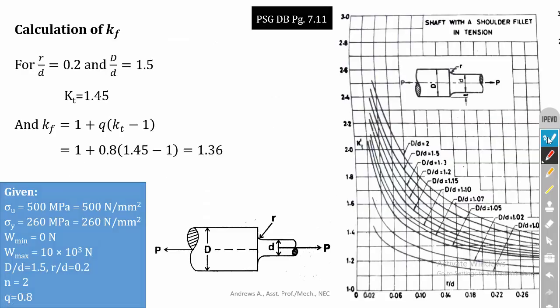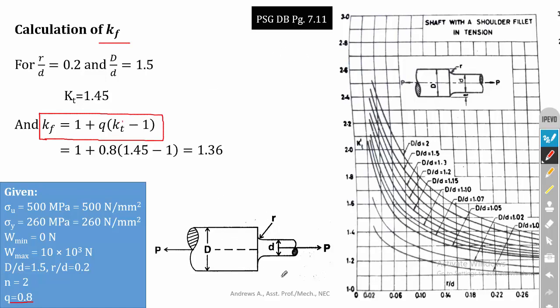Now we have to calculate the fatigue stress concentration factor. Okay. We know that the equation for fatigue stress concentration factor is Kf is equal to 1 plus q into Kt minus 1. In the previous problem, the Kf value is directly given, so we have directly substituted it. Here it is not given. They have given the notch sensitivity factor value, so it is 0.8. If we calculate Kt value, then we can substitute in this equation and we can find out the value of Kf. Okay. So Kt is theoretical stress concentration factor, and we have already solved 2 problems on how to calculate the stress concentration factor.